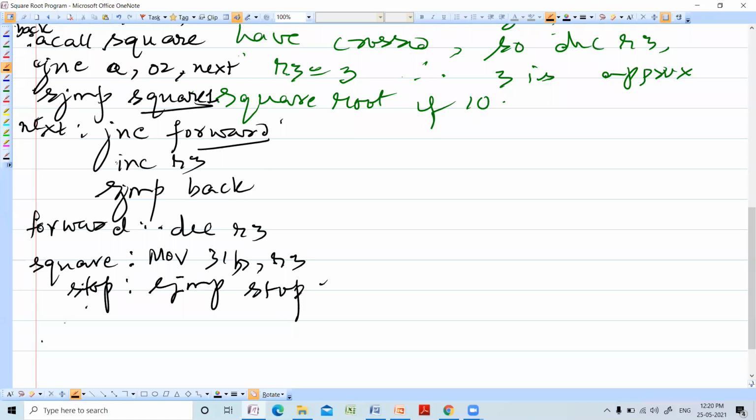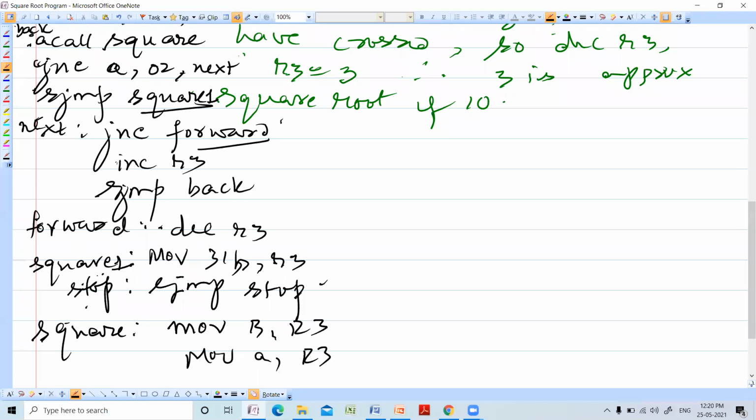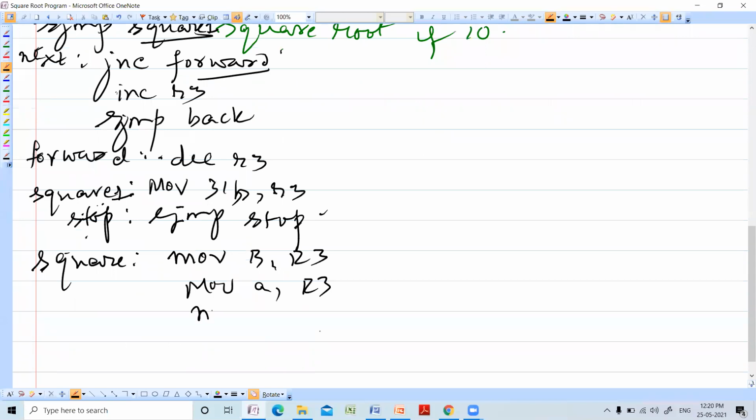The same label you cannot use, be careful. This is square 1. Square, that is your subroutine. Move R3 to bridge register. Move accumulator R3 to A. Square you are finding, multiply. Return.